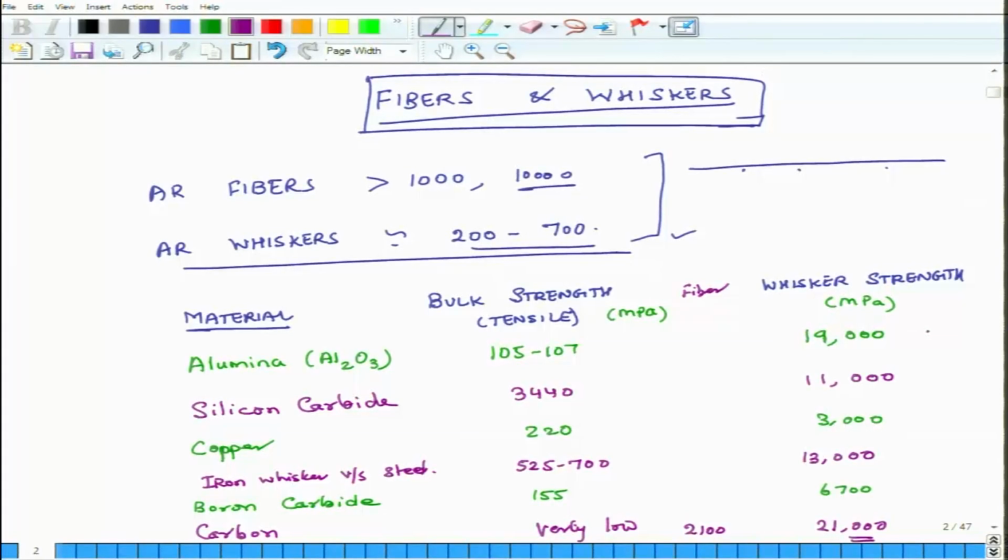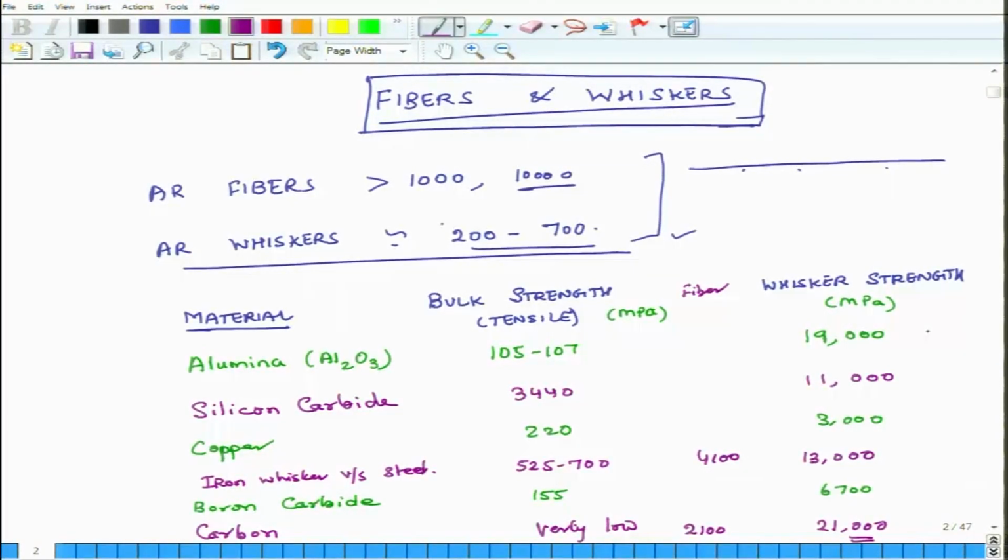Steel fiber, so this is steel, this is about 4100, okay, steel fiber. So, this gives you some idea, okay. So, whiskers are super strong compared to bulk materials, and they are even more strong than fibers, but they are not used a whole lot